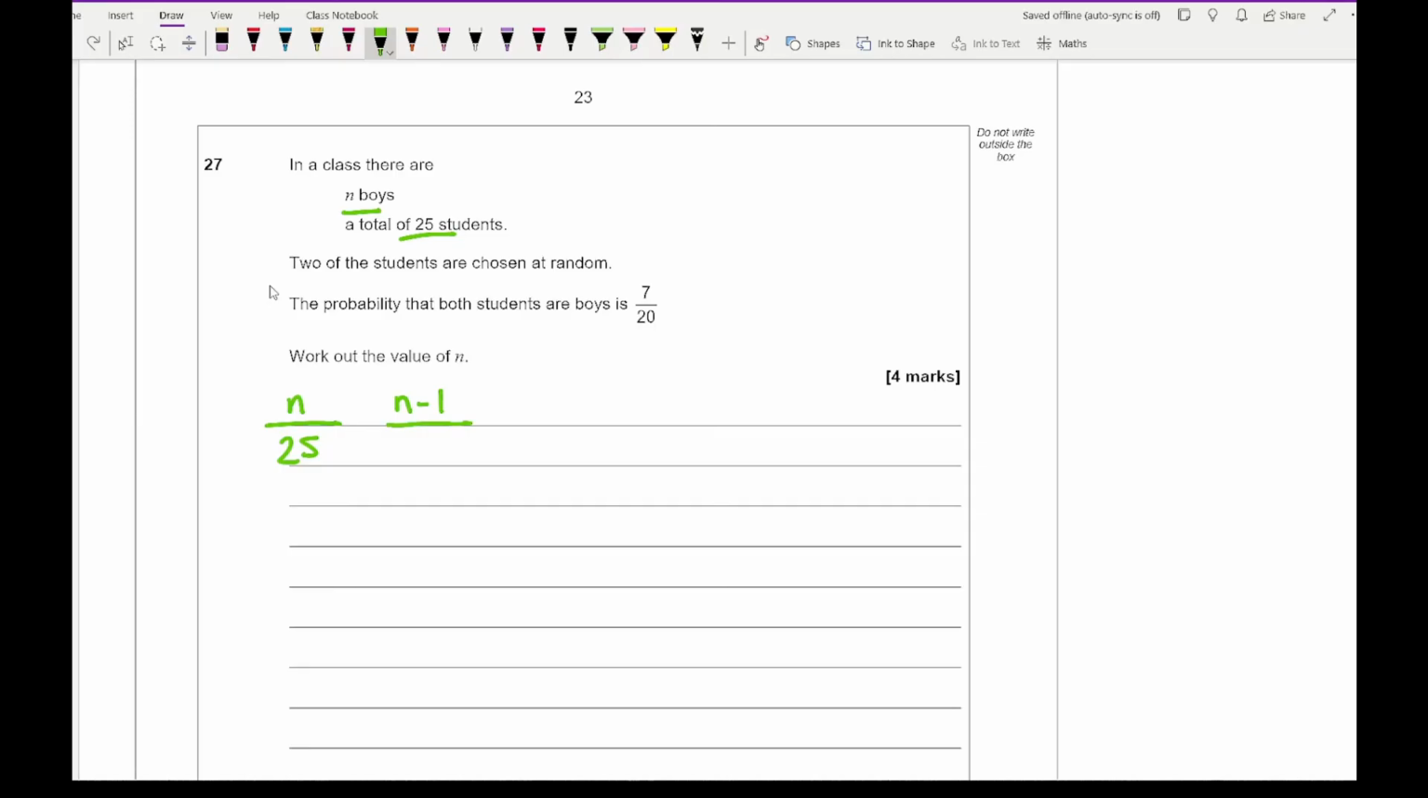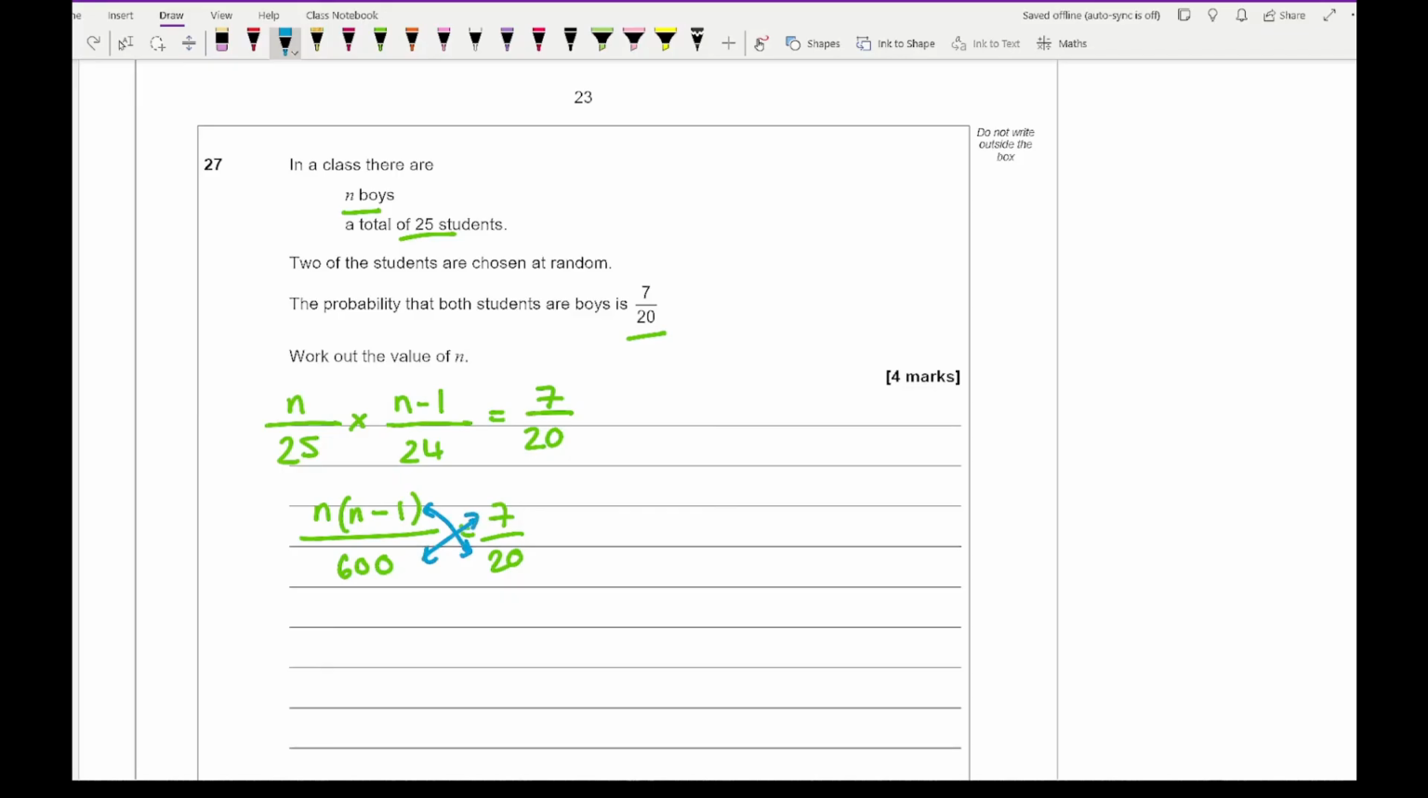And if one student's already been chosen, how many students are altogether left? Well, that's going to be 24. So we know that those two fractions multiplied together equal 7/20. Now, hopefully you can spot that this turns into an algebraic fraction. So we multiply the two numerators together, we multiply the denominators together, and that becomes 600, and that equals 7/20. Then doing a bit of cross multiplying,